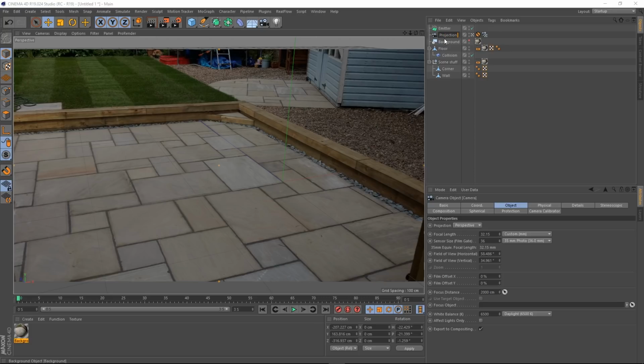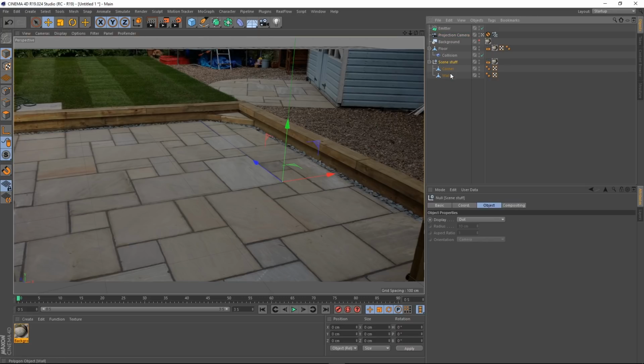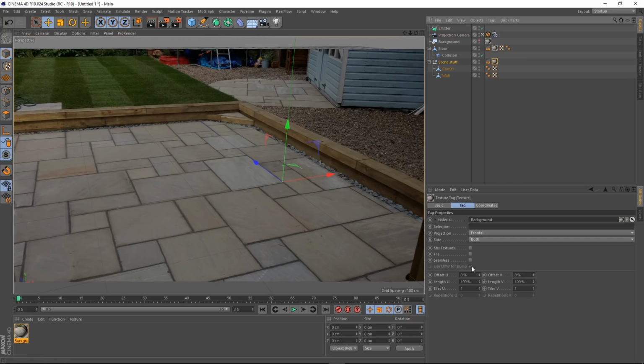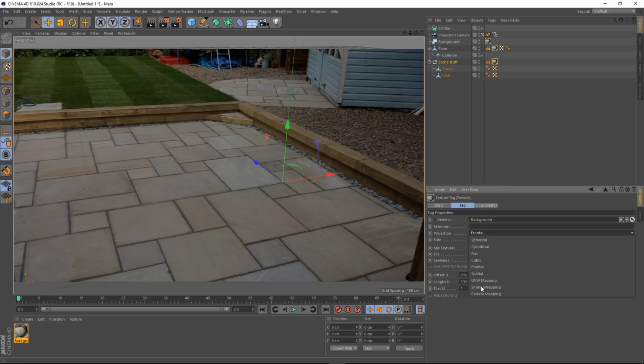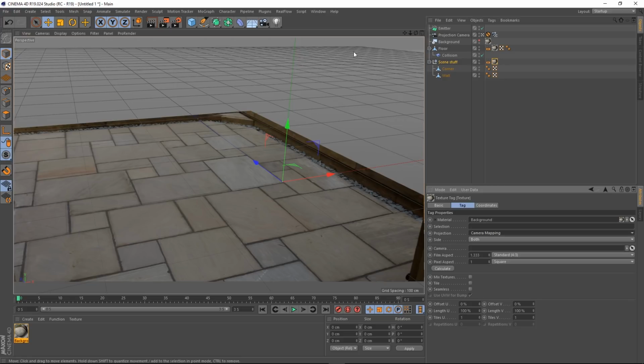Projection camera. And in the tag that's on our scene stuff for the corner and the wall, I'm going to have a look at that tag. And I'm going to change this to camera. And you can see that it's disappeared, and that's because it's asking for a camera. So if we drag our projection camera into here,